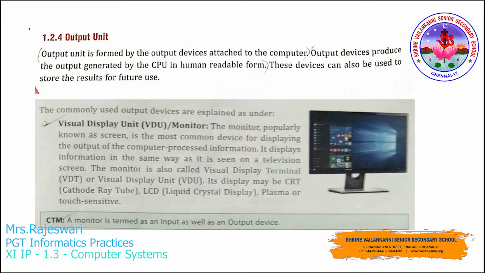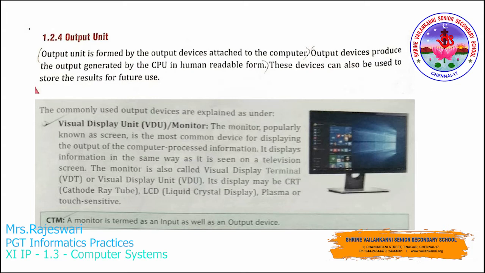The most commonly used output device is the monitor. You will usually call it a screen, popularly we call it a screen. You can even call it a visual display unit. Why is it called a visual display unit? Because visually we are seeing everything that is displayed on the screen of the particular device. So that's why it is called a visual display unit.